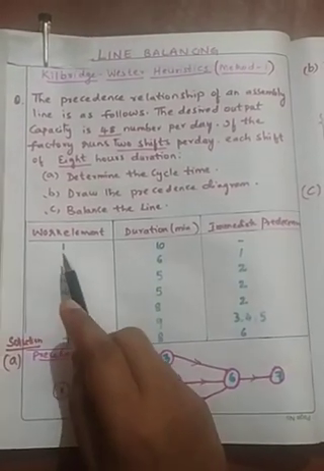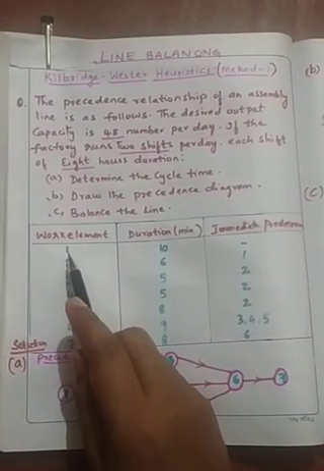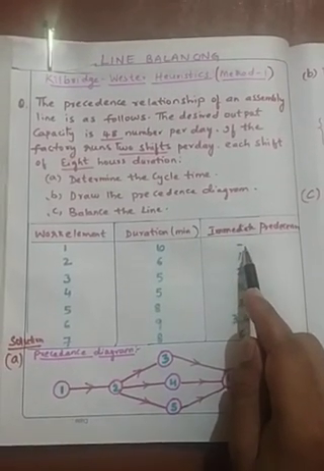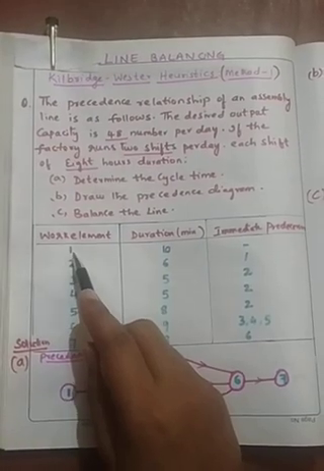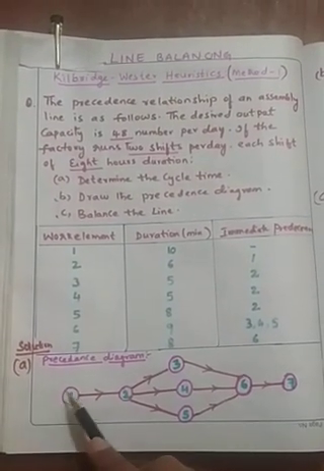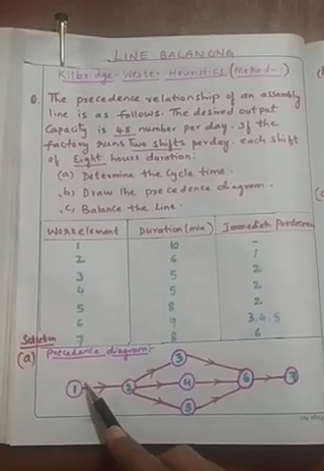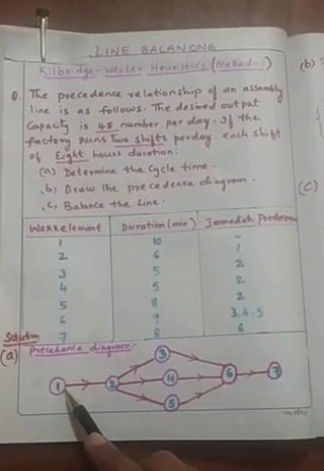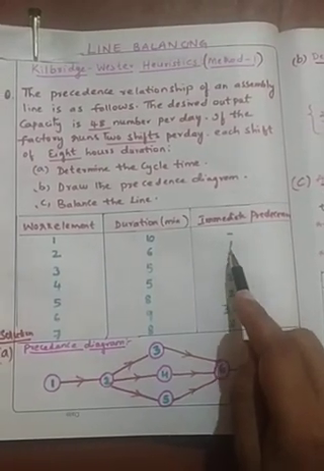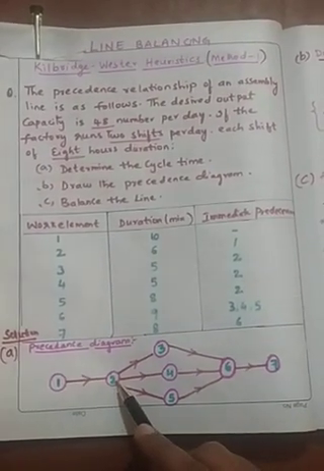I repeat once again, to have the work element 1, there is no precedence given to us. That is, you can start directly the work element 1. So I have indicated 1. Before this, there is no precedence. So therefore, 1 can be started without any disturbance. Whereas to start with second element, 1 is to be completed. Since we have completed with 1, now you can start with the second element.